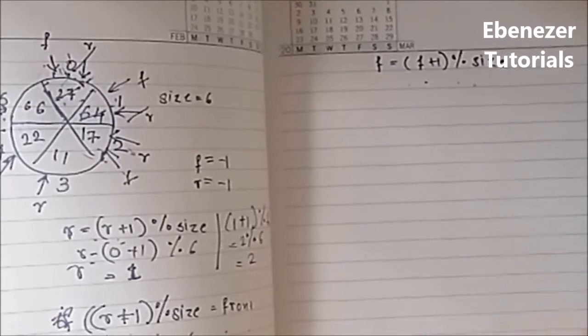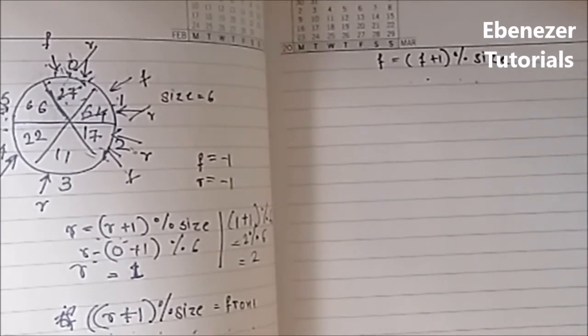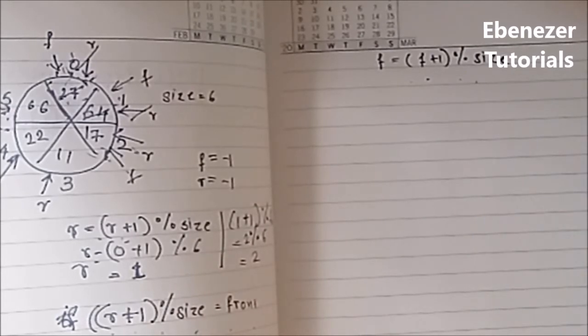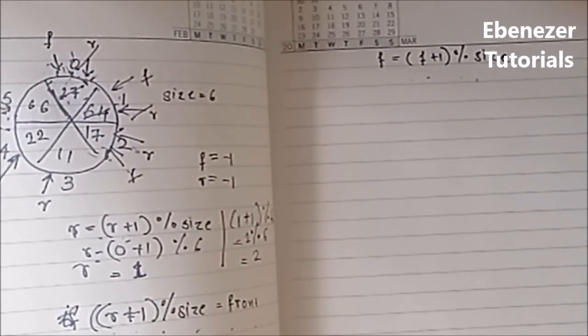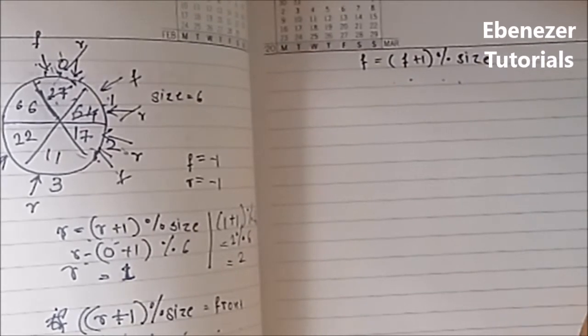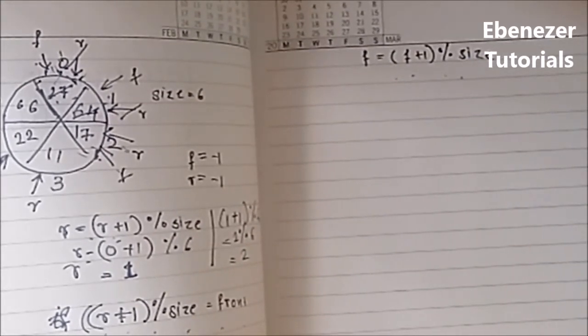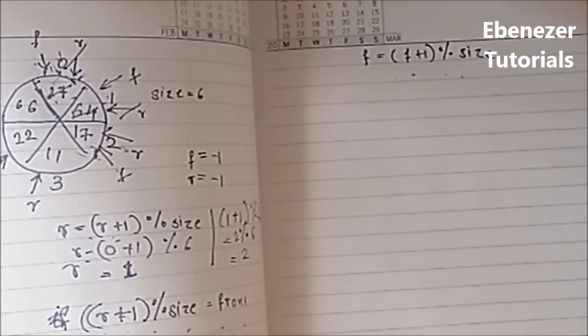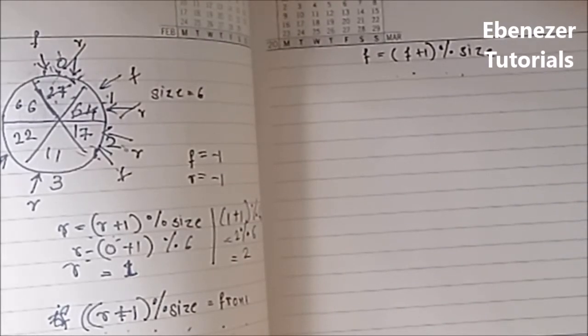So for deleting, we check if the queue is empty. If the queue is empty, you can't dequeue an element, so you'll have to print an appropriate message or handle it appropriately. If the queue is not empty, we will check if it is the last element to be dequeued. So how do you check that? The condition here remains the same as the linear queue, which is front and rear pointing to the same element. If front is equal to rear, there is only one element left in the queue, which we will be deleting. After deleting, we would be setting front and rear to -1 to bring it to its initial state, to bring it to its empty state.